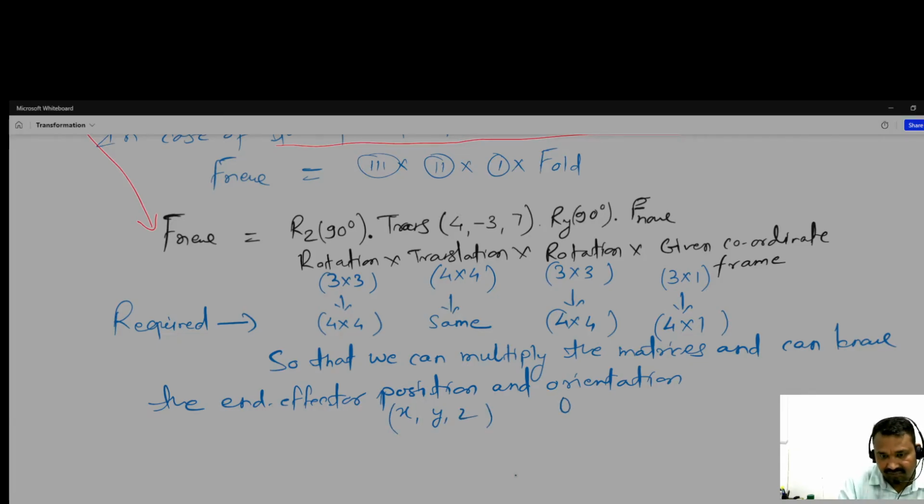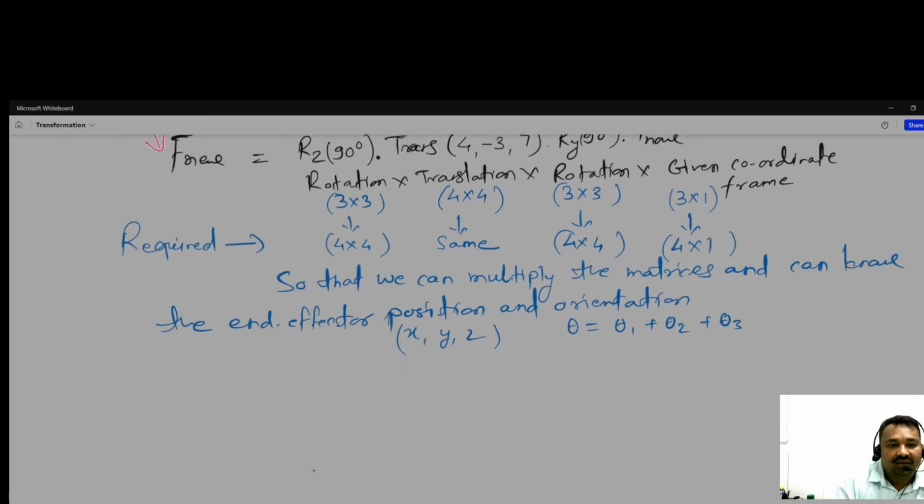Orientation means theta 1, theta 2, theta 3. Focusing on this requirement,